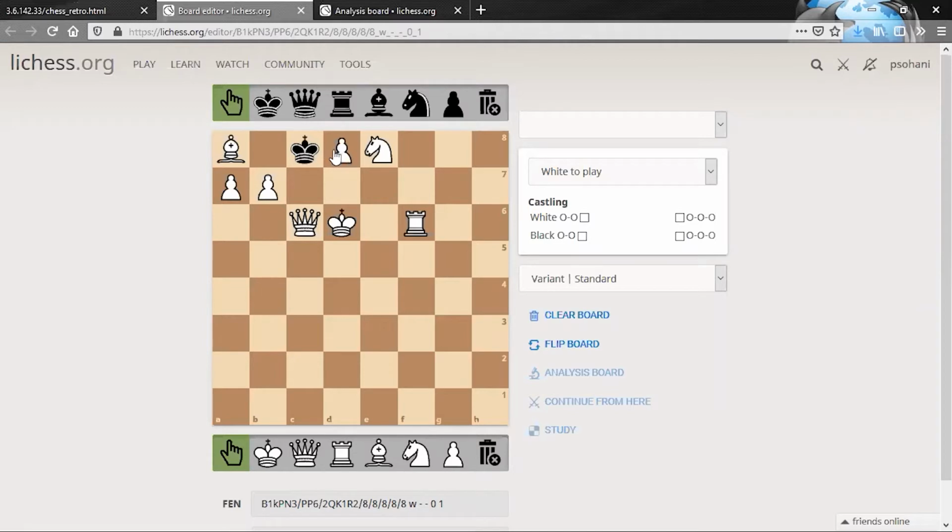And now if that is the case, then this pawn on b7, if it's white, is already giving a check to the black king, which is not possible. So therefore this pawn also has to be black. And so this is how that position is after the move was done.